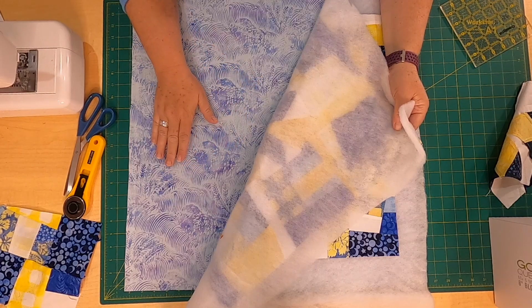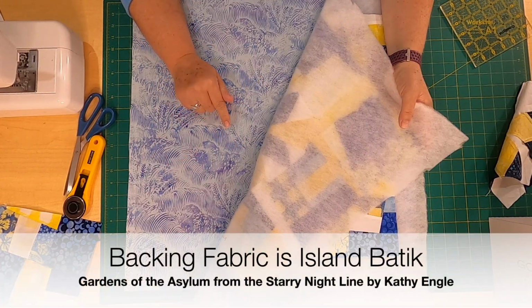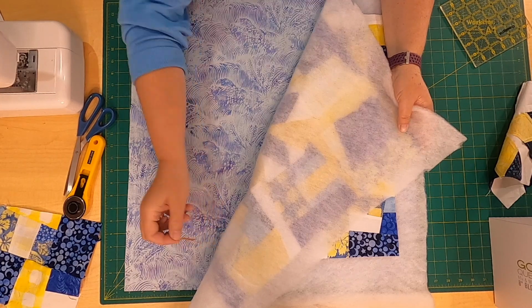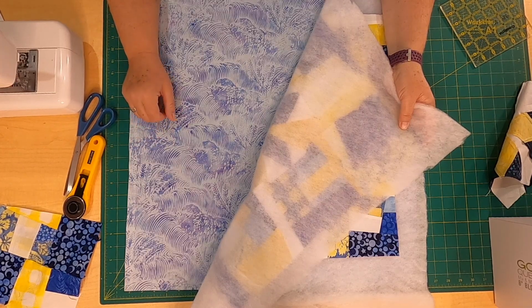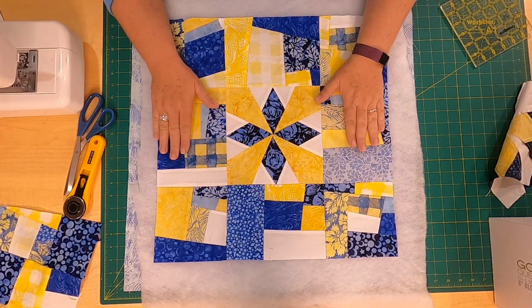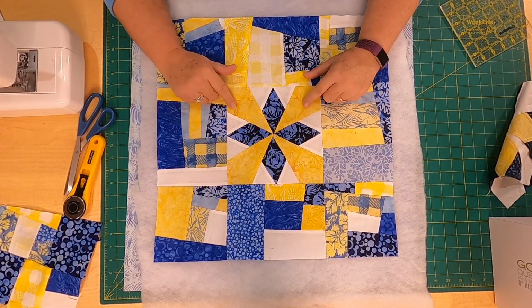I had some backing fabric. In fact, this is Island Batik's backing fabric. It's called Gardens of the Asylum, and it's from their Starry Night collection that was out in stores in February of 2021. And there's a piece of string here. I just think this is so pretty, and luckily I had enough left over, which was a perfect size for the back of this. Now again, I'm going to cut this into an octagon, but before I do,